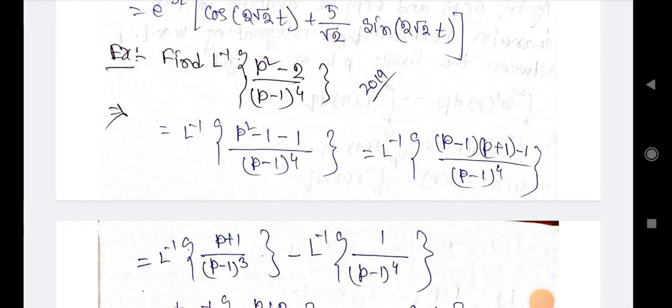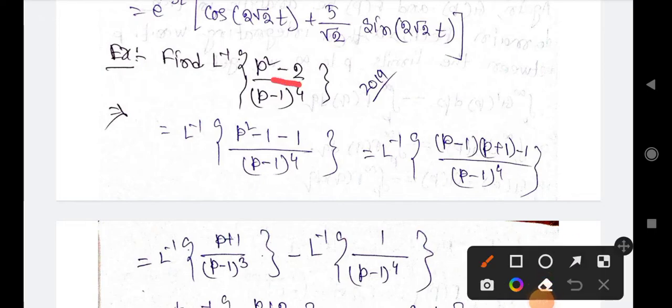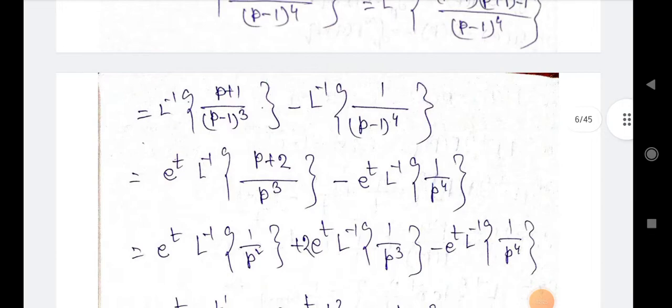Now next example. Find Laplace inverse of (p square minus 2) by (p minus 1) whole to the power 4, which equals Laplace inverse of (p square minus 1 minus 1). We write minus 2 in this form, minus 1, by (p minus 1) whole to the power 4, which equals Laplace inverse of (p minus 1)(p plus 1) minus 1 by (p minus 1) whole to the power 4, which equals Laplace inverse of (p plus 1) by (p minus 1) whole to the power 3 minus Laplace inverse